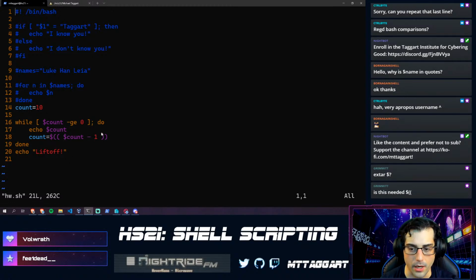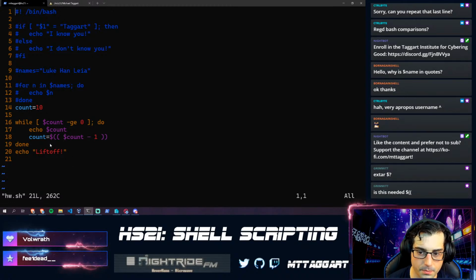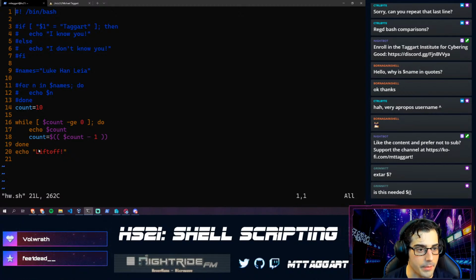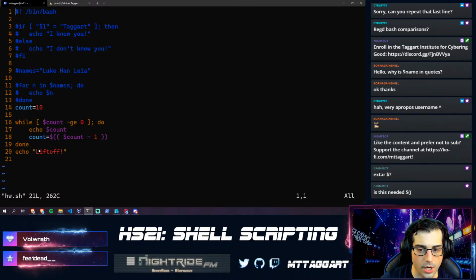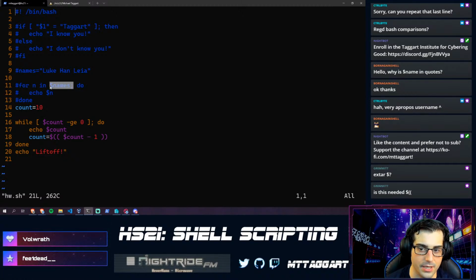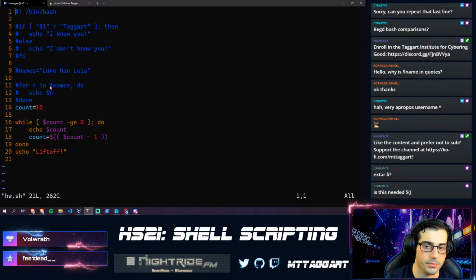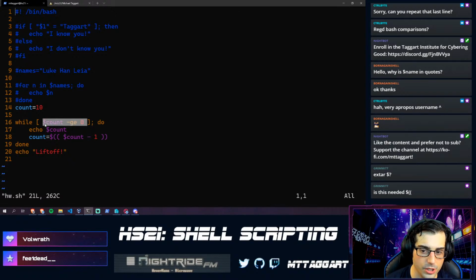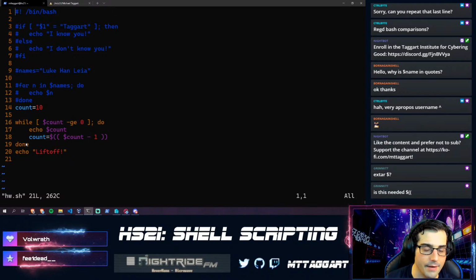Yeah, I don't use while loops that often in Bash because I don't use while loops that often in programming because they're actually kind of messy. Relying on a condition is often very fragile to stop a loop. If I have to loop through something, I will more likely than not do a for loop so that I know at least that I'll have a stopping point, because the maximum number of loops possible is however many things there are. Whereas with a condition, if there's some situation that would make the condition never be met, I might have an infinite loop. So I tend to not use while loops because they tend to be a little bit fragile. But this is how you do them in Bash.